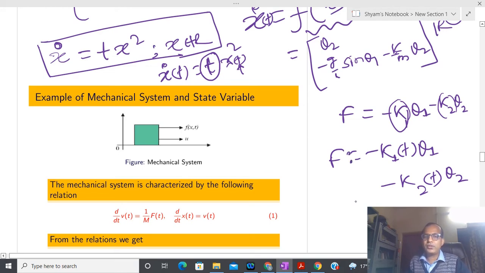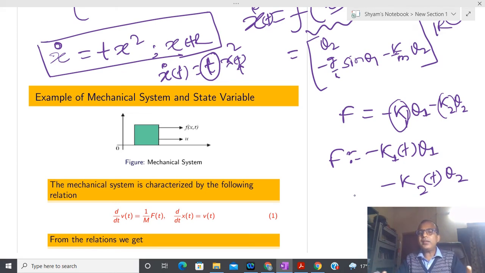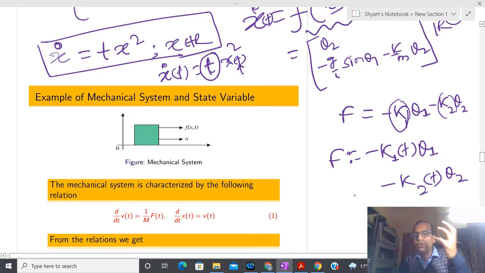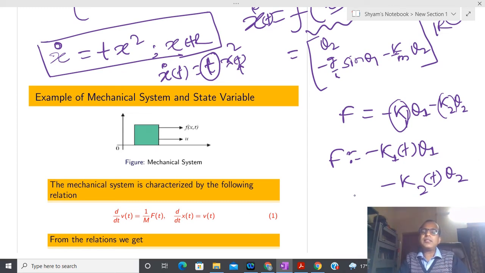Non-autonomous. Okay, so now I hope you are able to understand autonomous and non-autonomous systems. Once we decide the control and close the loop, the forced system is converted into either an autonomous system or a non-autonomous system, based on the choice of the control action. Okay, anyone has confusion?